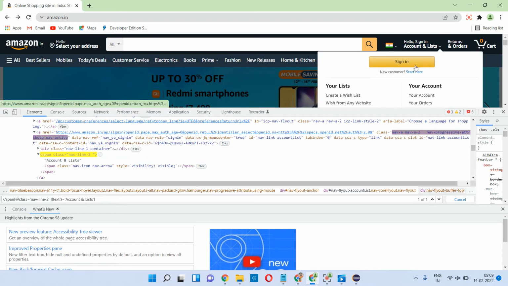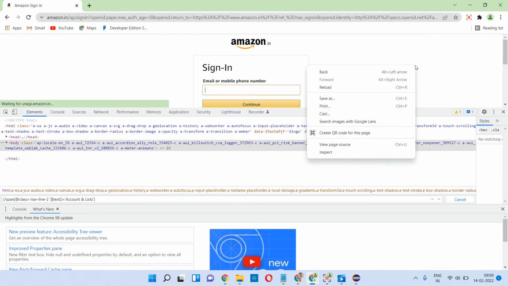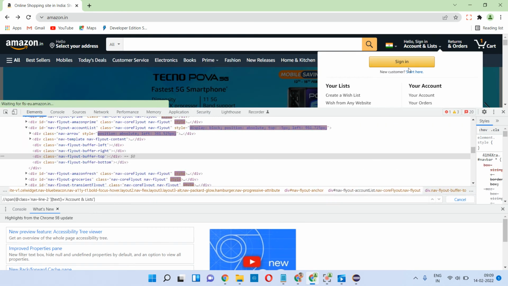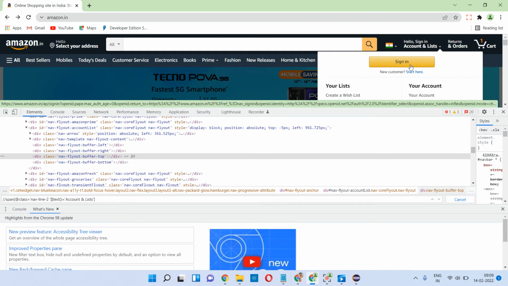Later I click on this sign in link. For the sign in link I have written an XPath. I have to mouse over it, then I have to go to here.